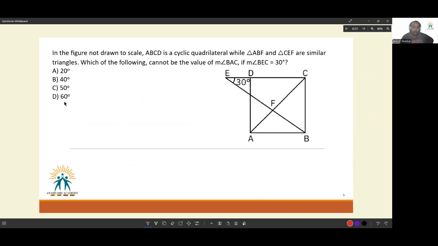Okay. Next, in the figure not drawn to scale, ABCD is a cyclic quadrilateral, while triangles ABF and CEF are similar triangles. Which of the following cannot be the value of angle BAC if angle BEC is equal to 30 degrees? Okay. If this is a cyclic quadrilateral,